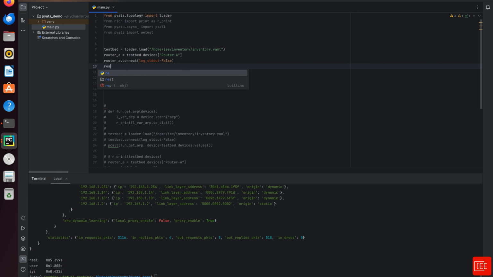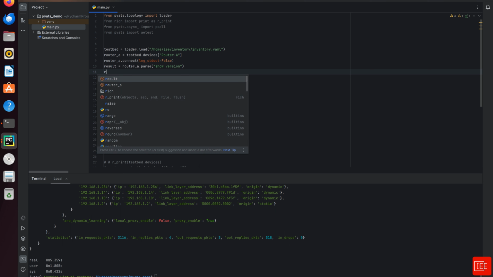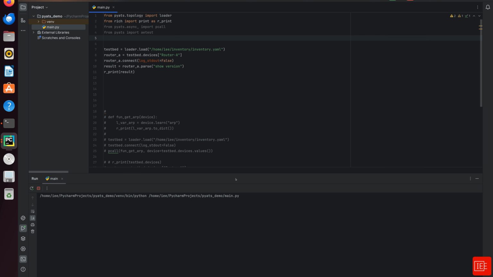And then I'm going to say result equal to router_A.parse, and I'm going to say show version. And I'm going to print that result. So r_print, I want to print that result. And then let's see the output. So if I execute this,